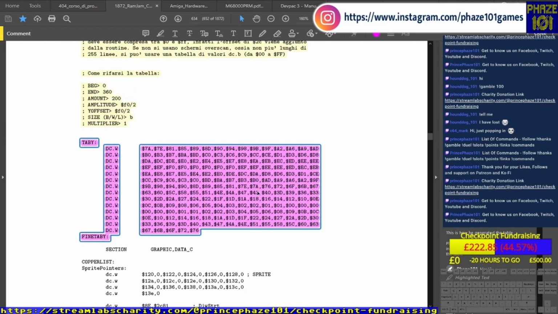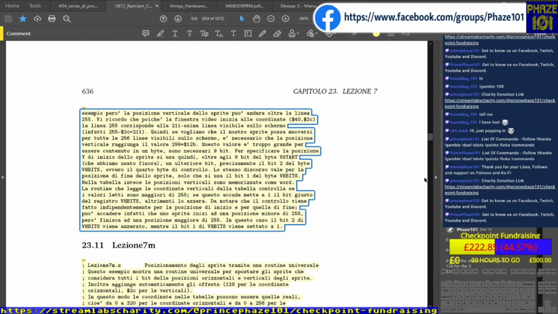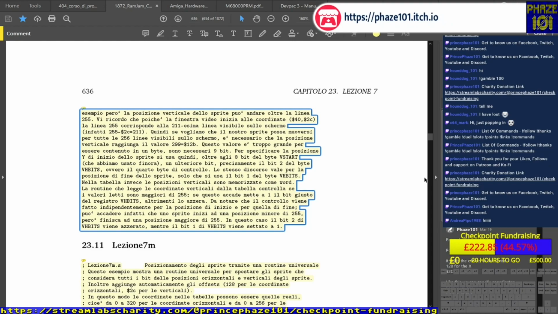So once we did this, we arrive here, and here's an important note. Note that this is like example 7d, with the difference that the sprite goes beyond 255 on the y-axis. Here he mentions the positions: values of 255 as y position for sprite in scanline. So basically what he's saying is we have positions, even though it doesn't look like it in the table,